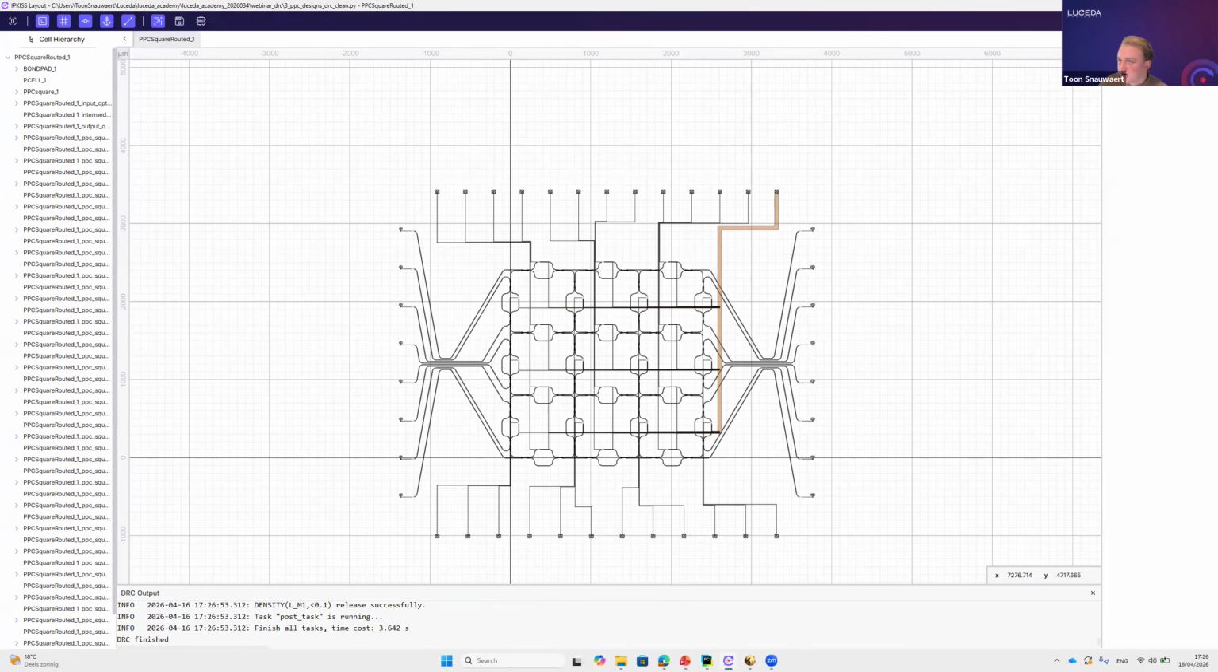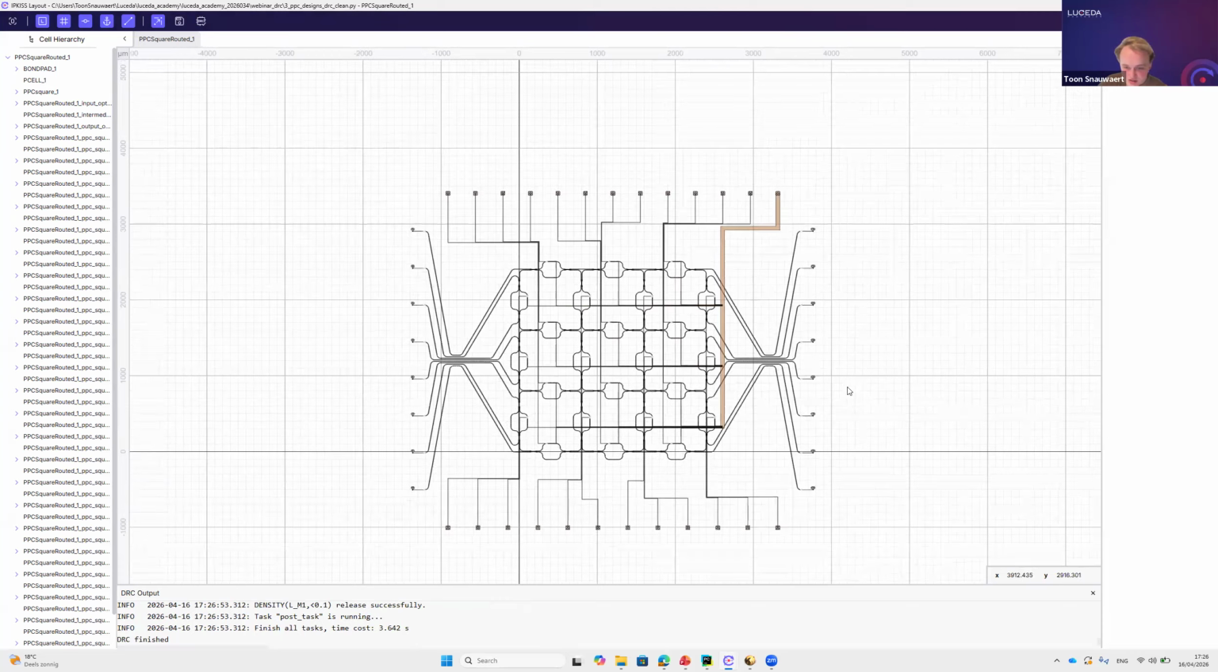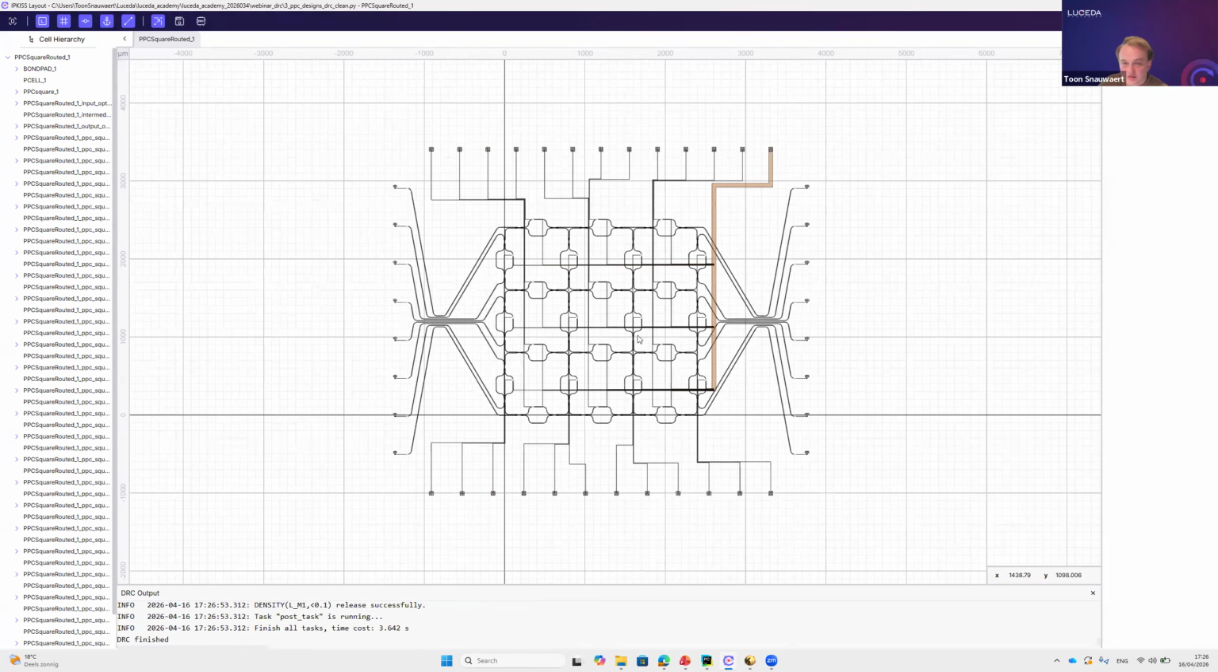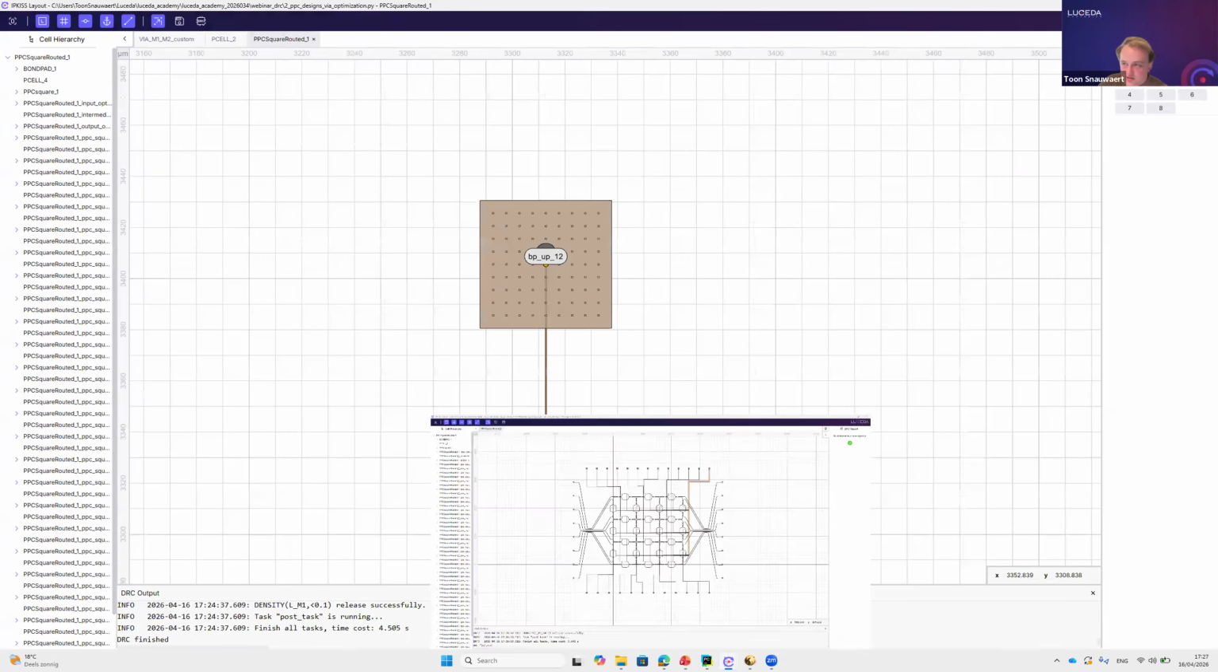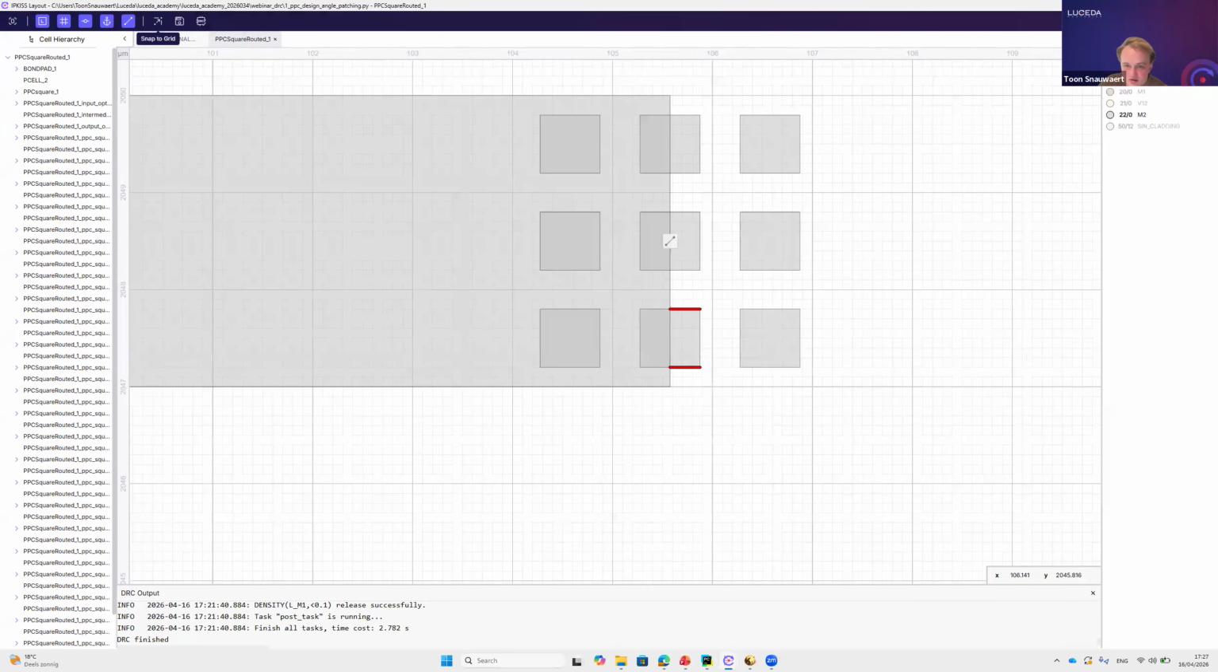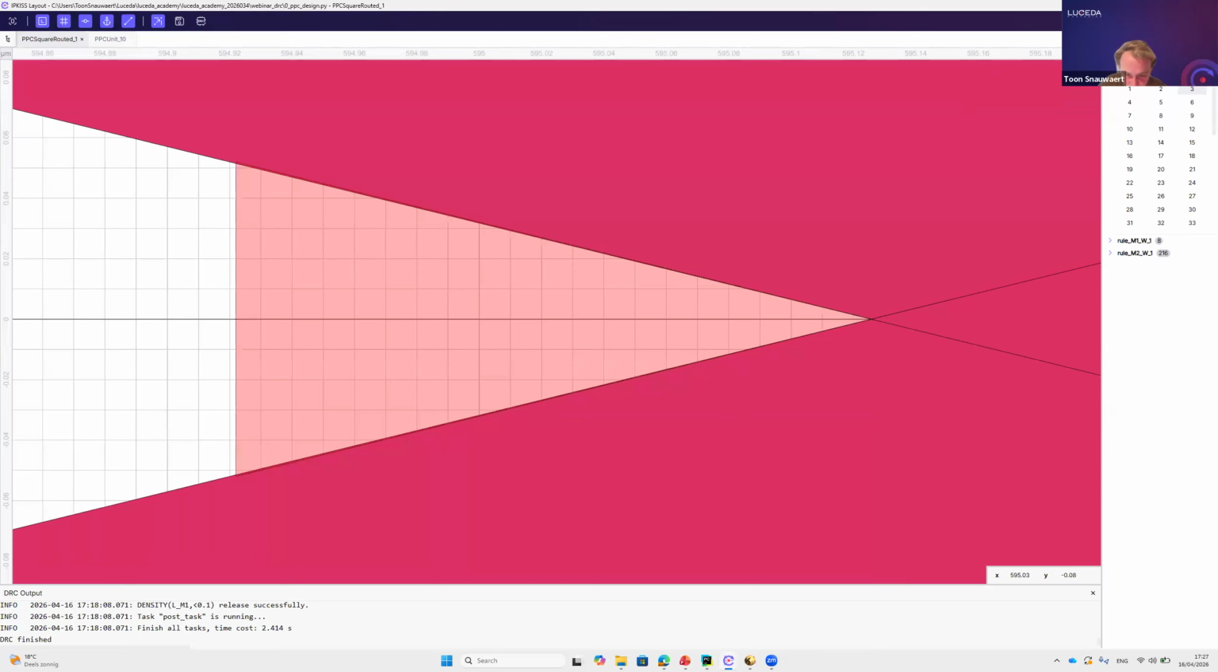We see DRC finished, and now there are no violations left. So now this design is ready to be sent out to the foundry for tape out. So this was running it from the visualizer. What I will show now is the same situation,